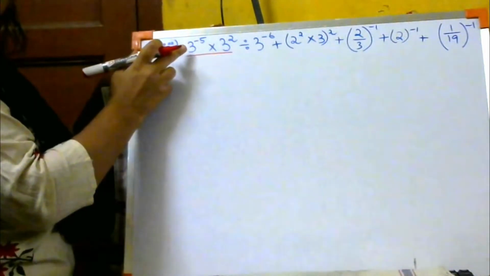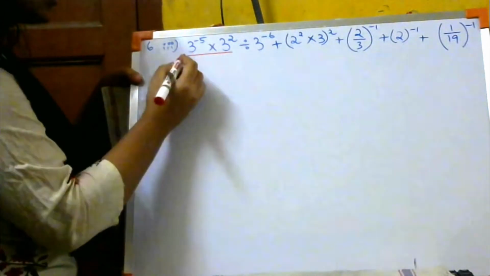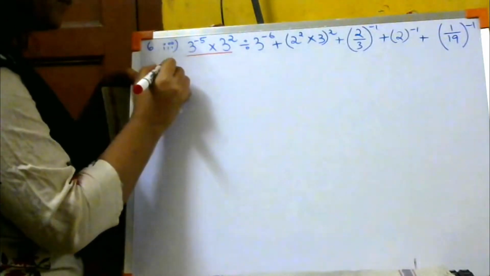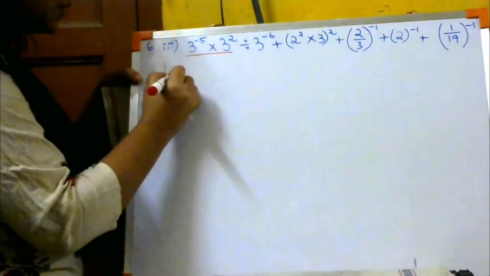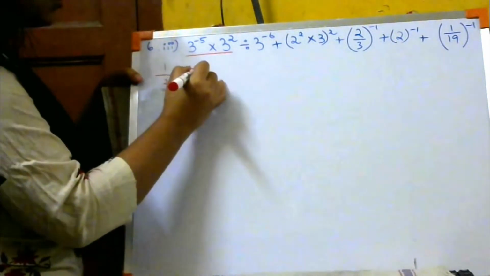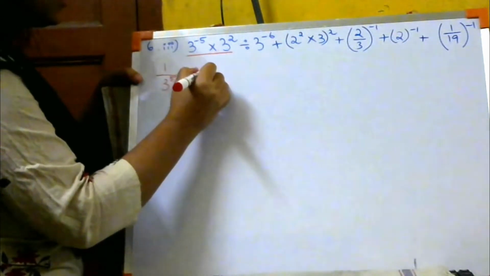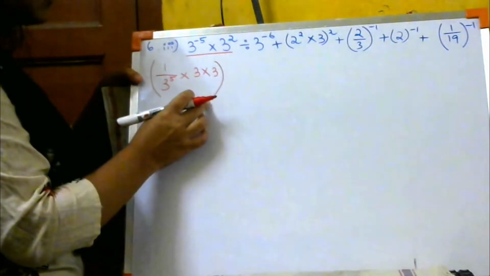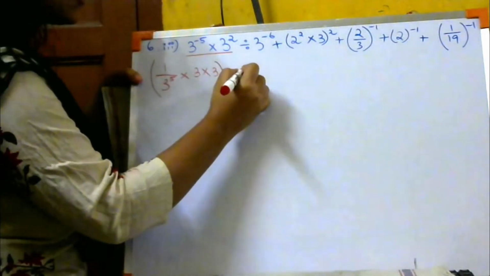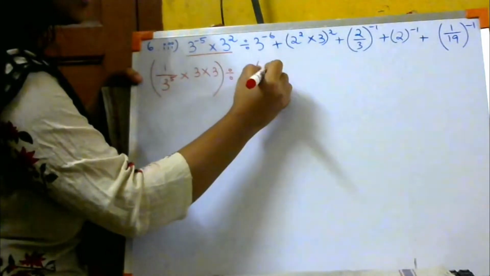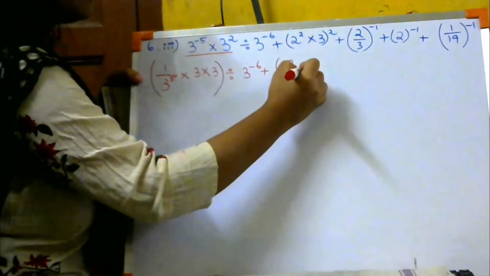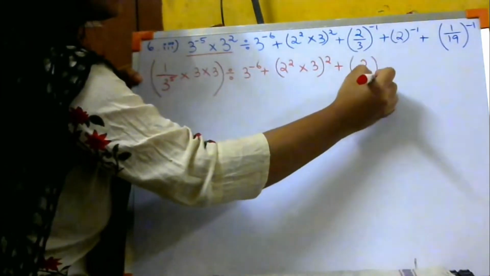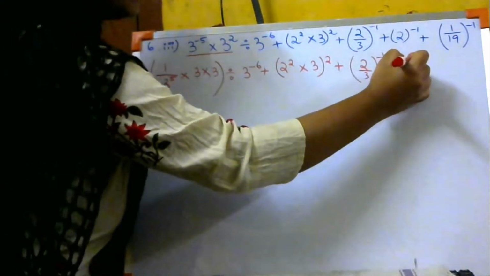3 to the power minus 5 into 3 square. How are we going to solve it? Again, 3 to the power minus 5, a to the power minus m, exponent law 1: 1 by 3 to the power 5 into 3 square, meaning 3 into 3. Okay? Let us keep this in the bracket. We are going to solve this portion first. Let the other portions be however they are. We are not going to change them now. We are not going to keep ourselves confused about this portion. Write it down just the way it is written.